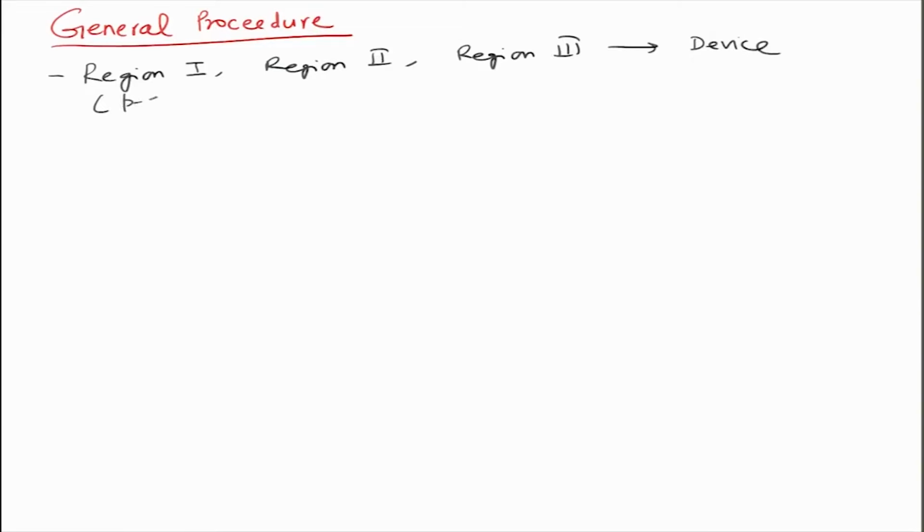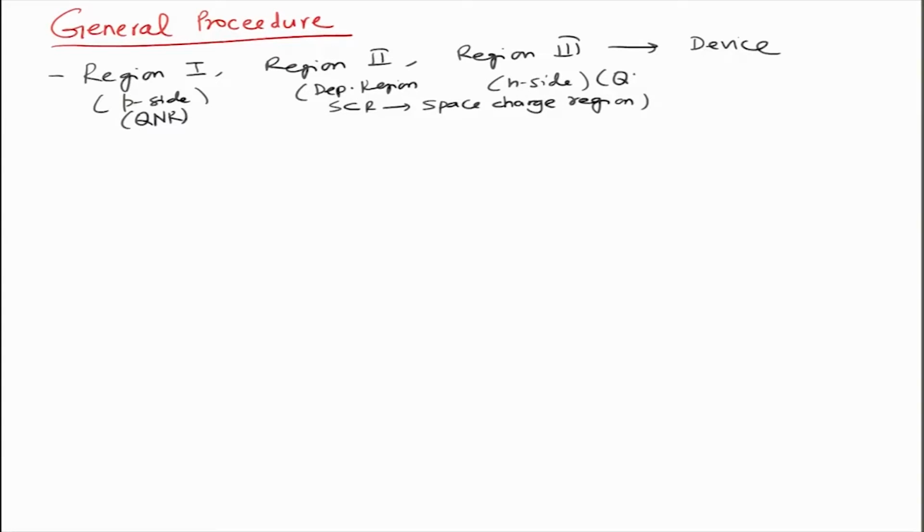So, this is the P side, this is the N side, and this is the depletion region, or it is also called as SCR, that is space charge region. Okay. And these are called as QNR, quasi neutral region. All right. So, you have QNR followed by SCR followed by a QNR, and then we solve for electrostatic properties